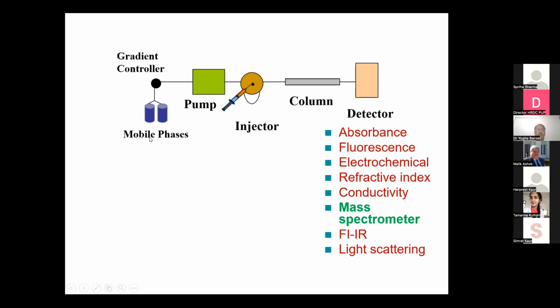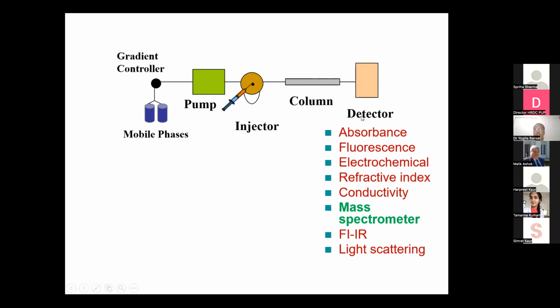Where the mobile phase is pumped through specialized pumps, which can work under a high pressure depending upon whether it is a type of UPLC or whether it is an HPLC. So that mobile phase is pumped through the injector into the column where the separation of components in the sample, which is loaded into the column by this injector, takes place. And those separated components are fed into this detector. Now, what kind of detector is required? It depends upon the nature of